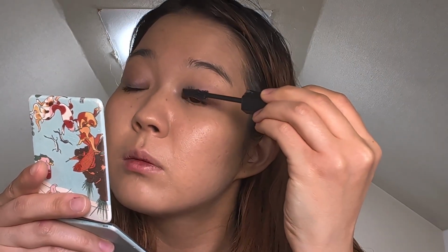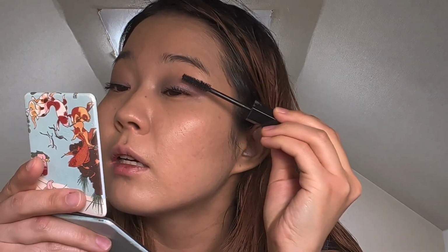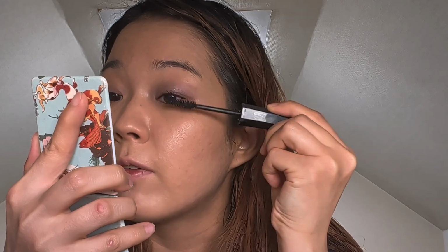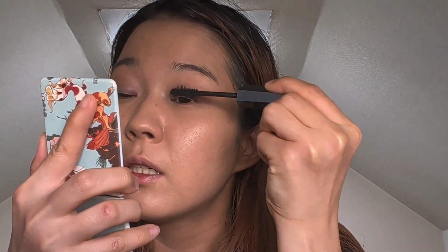to use. But because the consistency is a little bit wet or thick, I have a feeling it never fully dries out, and it colors the area under my eye. So for example, during the day, I know that I have to clean it up because there's gonna be dark spots from my mascara. The only way I can prevent it is if I use setting powder around this area, but